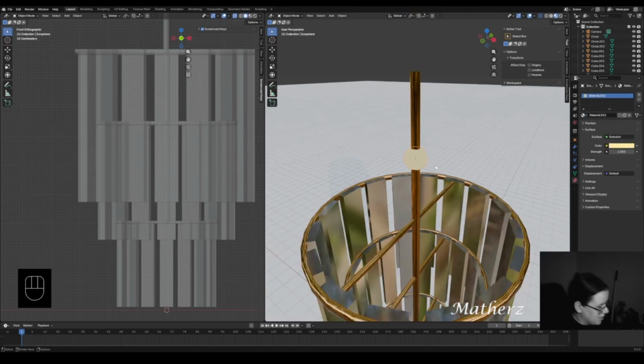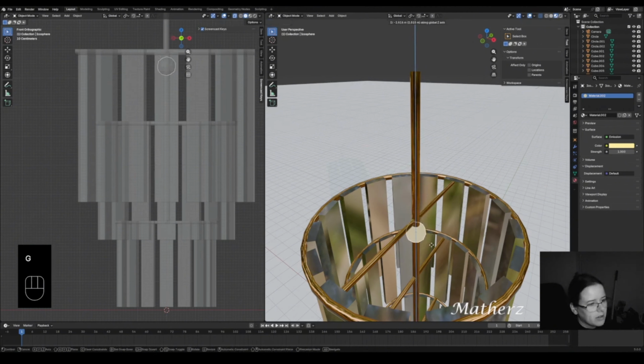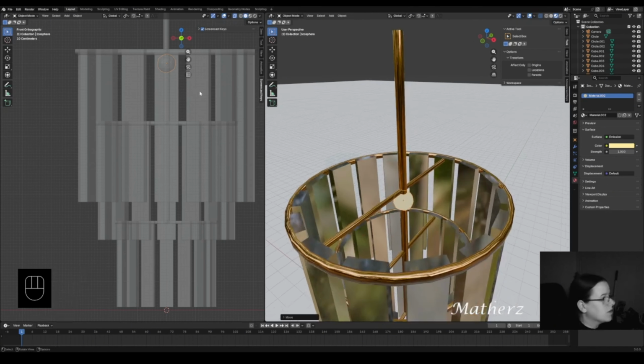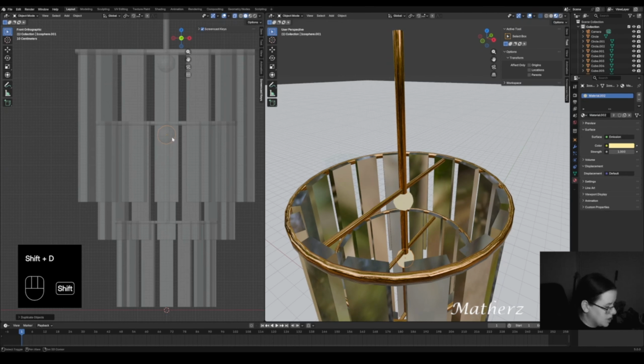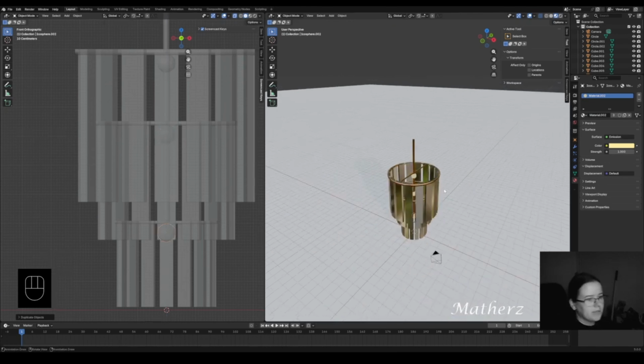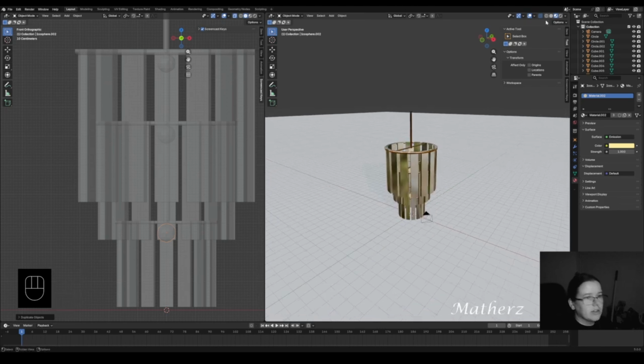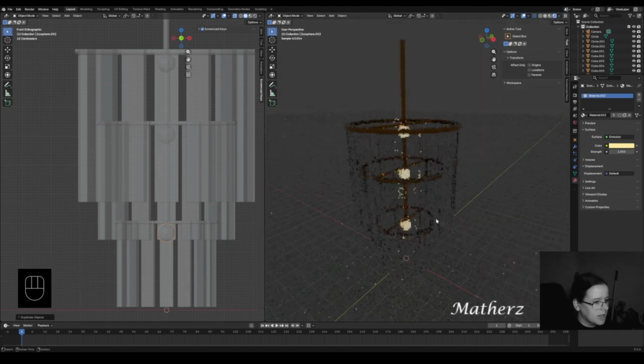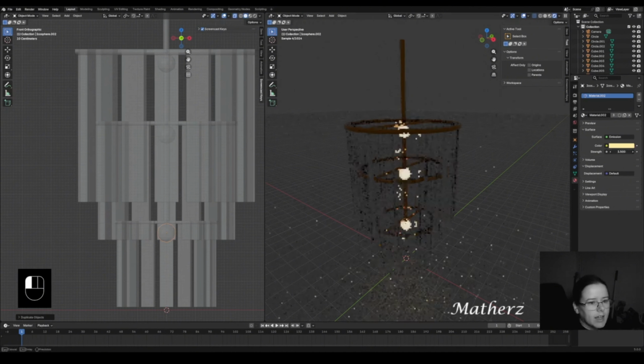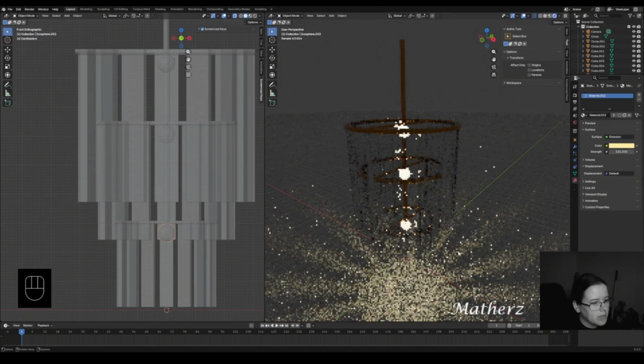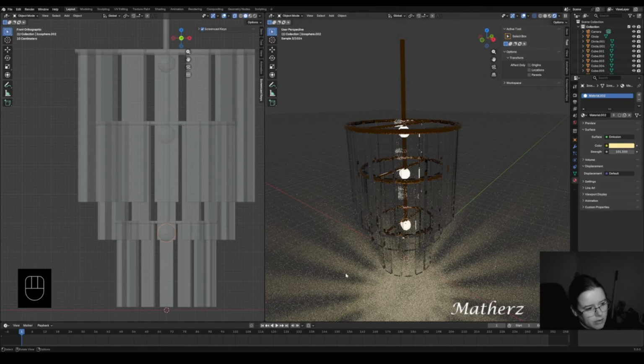So once we've got this, we can go ahead and press G, bring this down, put this into the middle or just underneath the support right there. And then we're going to go ahead and Shift D, bring this down to the next support, and Shift D, bring this down to the next support. As such. So when all is said and done, this should be your project. You've got the little lighting in the middle right there. You can go ahead and increase the strength of that emission, and we get this beautiful nice pattern at the